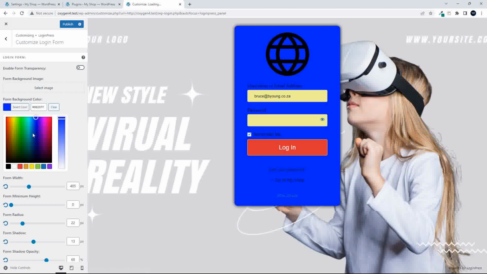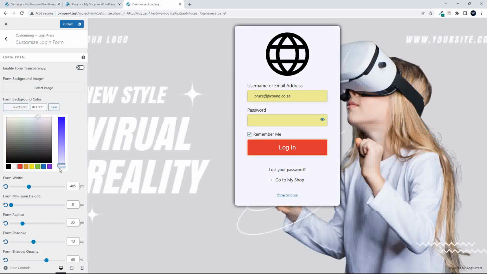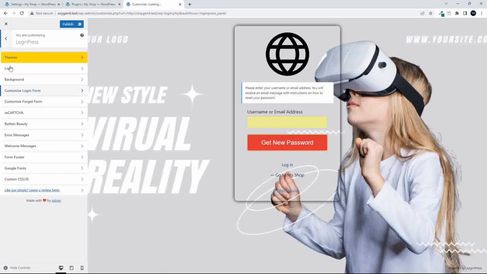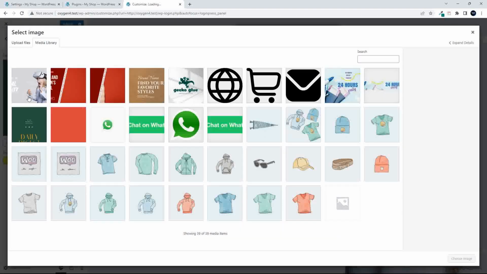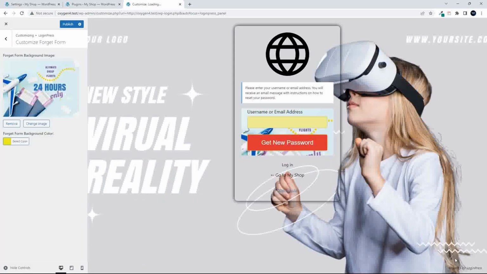And what I wanted to test here then is, we want to go with something a little bit lighter. So we'll just do it like that. And then if I go to the lost your password, I set that for an animated GIF. Let me just go back then to the customize forgot, and we'll change that for a standard image. Let's do something like that. So there is where we will see the image coming in for the forgot,